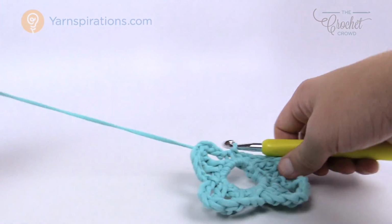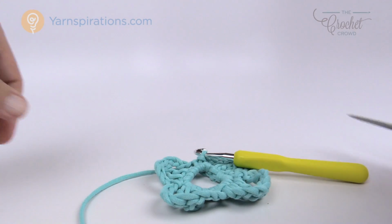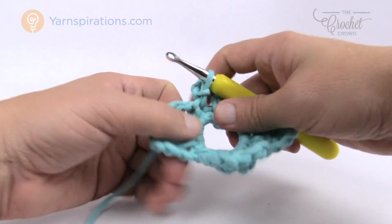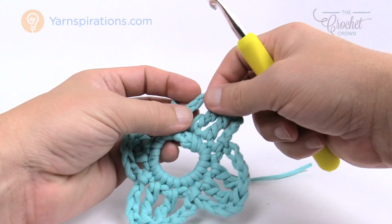So now that I've done that, I'm gonna do that right as I go. It just is a lot easier to do. Let me show you. I'm gonna trim my yarn. I'm gonna pull that yarn through, and what I want to do is that I want to weave it, and